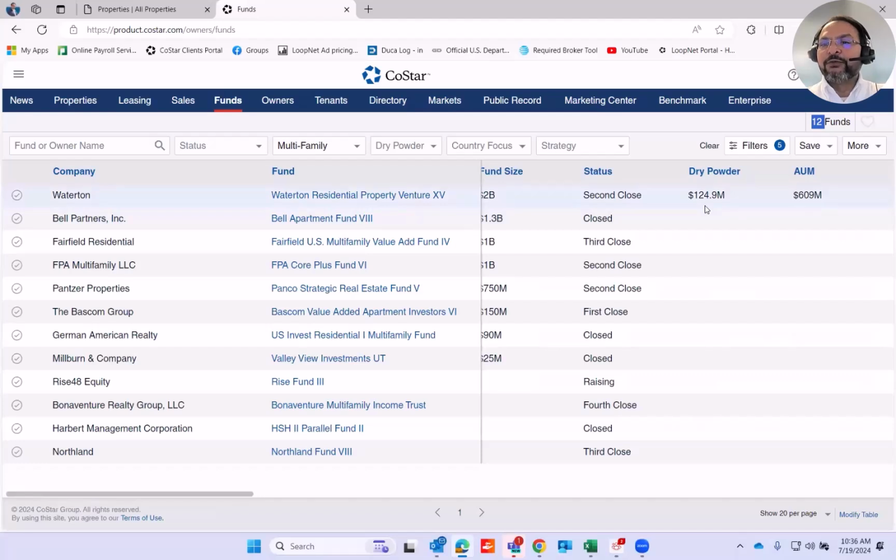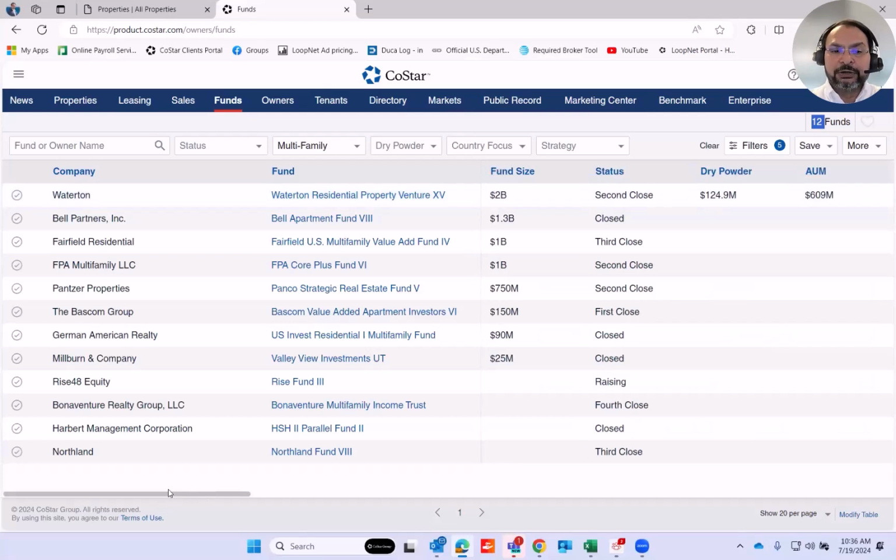Waterton has got 124 million sitting in their account. So if you have a property that you would like to sell, you would approach Waterton first. Okay. And you could also raise 48 equity because they are raising a fund as of now. Your fund requirement is 5 million, could be small, but raise 48 equity may have a requirement for them to pay dividends to their fund participants or provide cash flow. So they may like to fund you for now